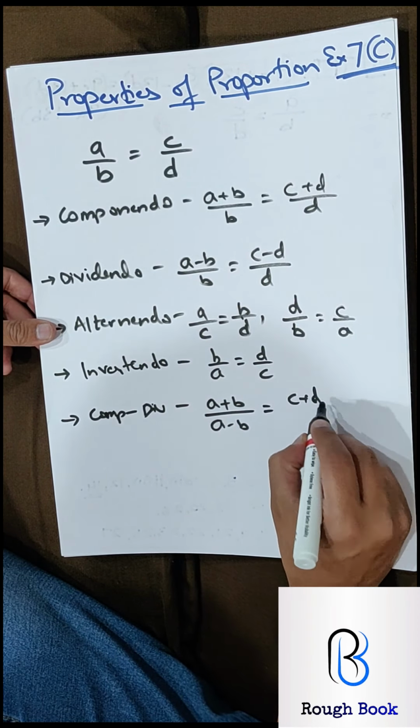If I apply componendo dividendo only on LHS, not on RHS, again 1 mark lost. See, cancels because plus minus, minus plus, so cancels. So I get this twice root of x plus 5, twice root of x minus 16. 7 plus 3, 10, 7 minus 3, 4. 2 cancels. This also I can reduce, so it will become 5 by 2. How to get rid of the root? Yes, you are right. Squaring both sides, not on one side but both sides. So the root disappears. I get x plus 5, x minus 16, 25 by 4.